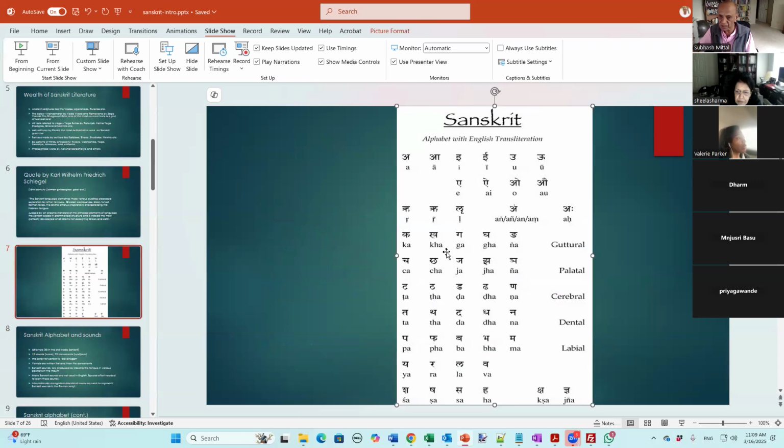Okay. So for example, in this chart, I'm reading the first consonant, which is ka. It's like in carry. Okay, that's ka. But then there is this sound kha, which does not appear in English. It is a very aspirated sound, so you have to really put a lot of effort into learning how to pronounce this. Ka, and in the same letter, if you aspirate that, it becomes kha. The same thing with ga, that's softer. And then this is gha. Okay, so keep trying to recite these sounds as we go along this chart.